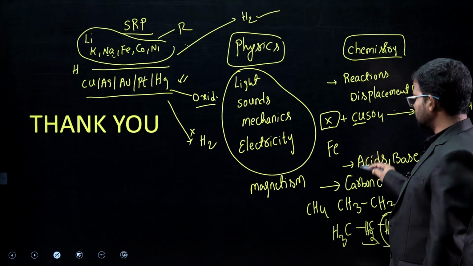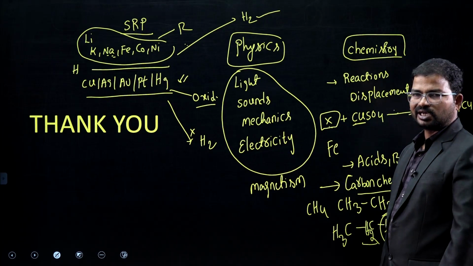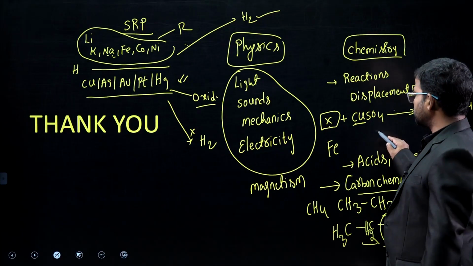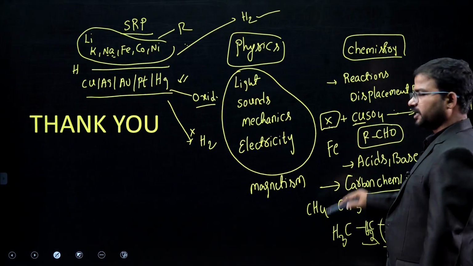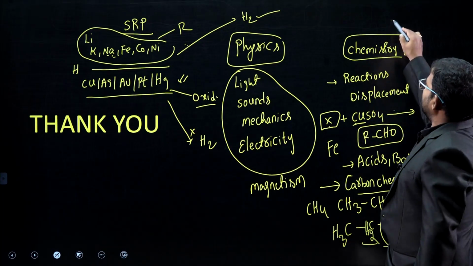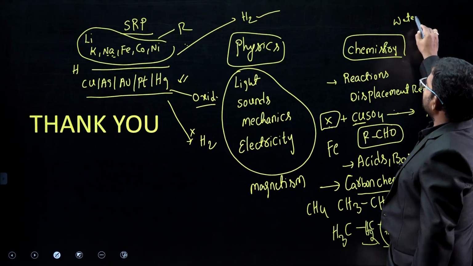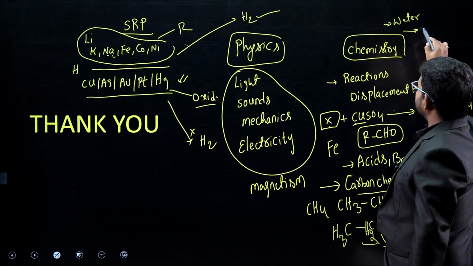Next, some of the functional groups. In carbon chemistry, we have some functional groups, aldehydes, ketones. Observe what is meant by aldehyde. Suppose the functional group is like this, this is called an aldehyde. You have to observe almost all these things. Next, water and its constituents. Next one, metallurgy.